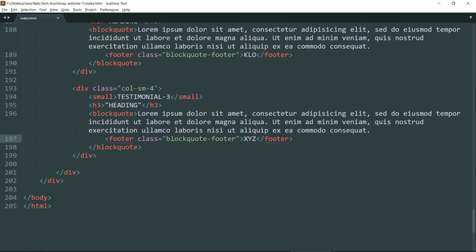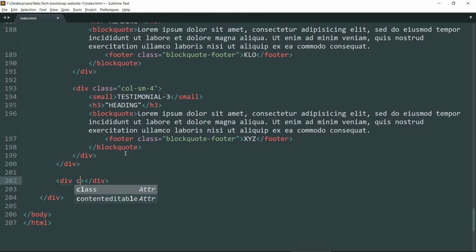Now drop down and let's create another div tag. We are just creating another row after the previous div tag. Give it a class row.